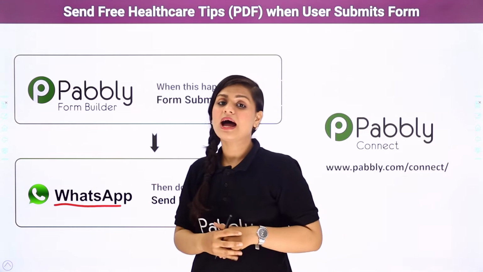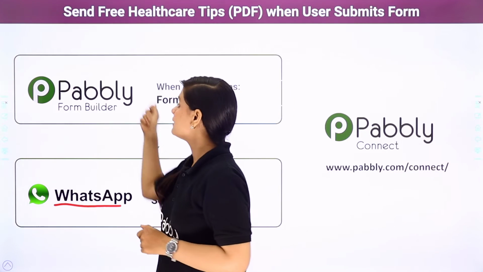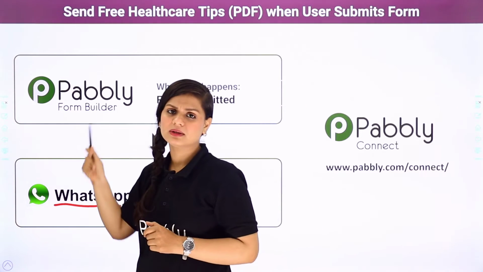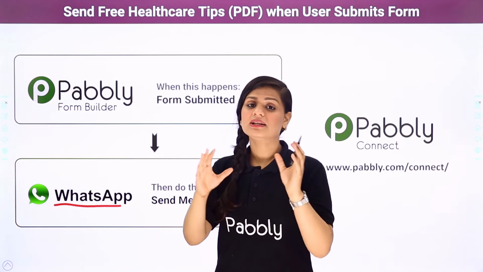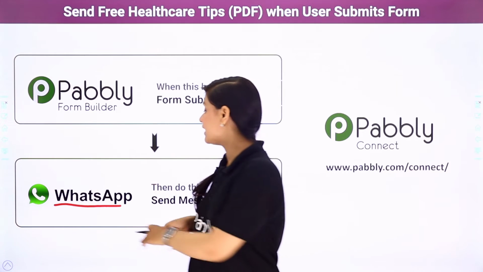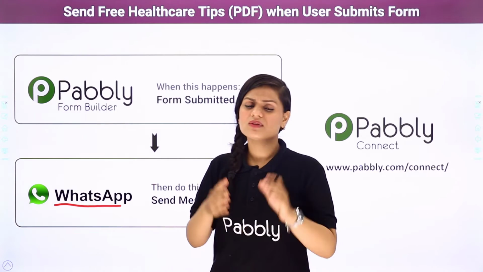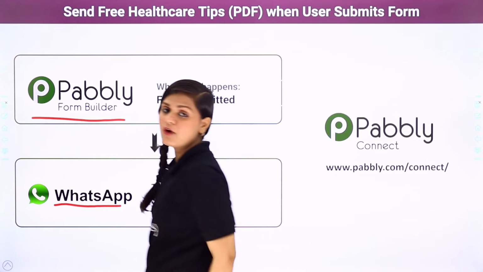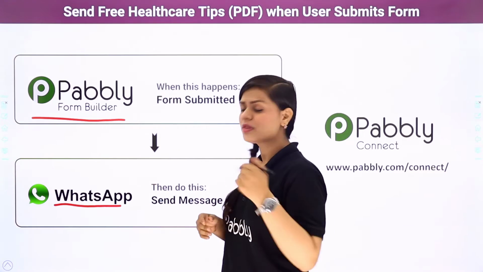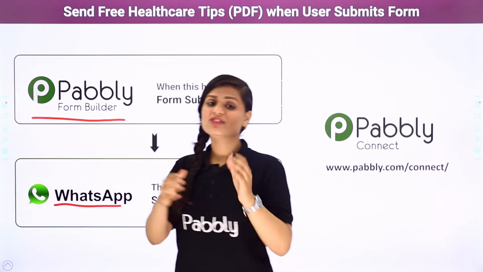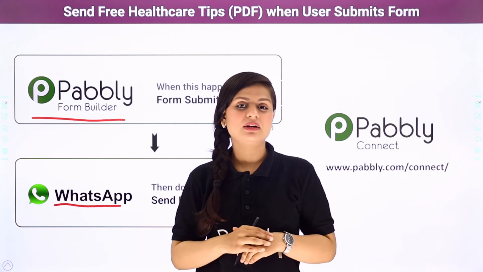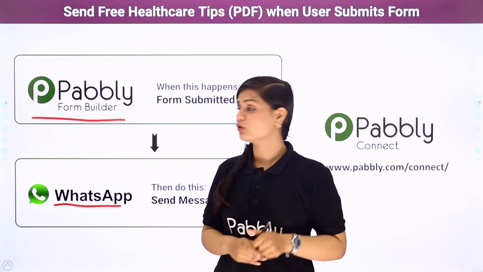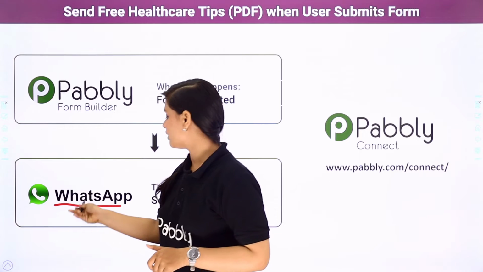Now here the thing is, I get the details of the users whenever they submit the form in the Pabbly Form Builder. I get the data, but the challenge I face is I want to send WhatsApp messages to them. When I perform this task manually, I need to collect the data from Pabbly Form Builder, then sort it out, then keep on sending messages on WhatsApp. But this process is actually very much time consuming and repetitive. So that is why I would suggest you to bring in some automation between Pabbly Form Builder and WhatsApp.